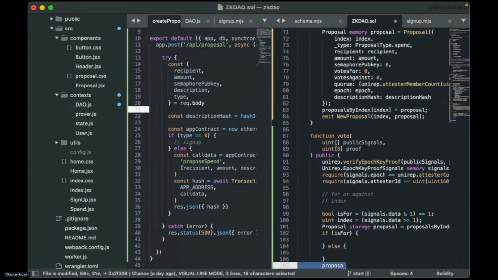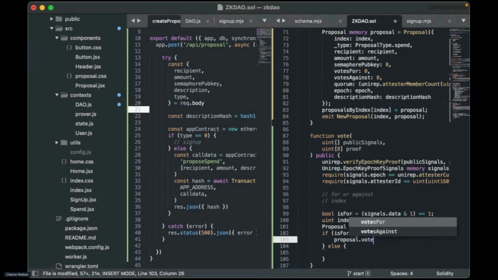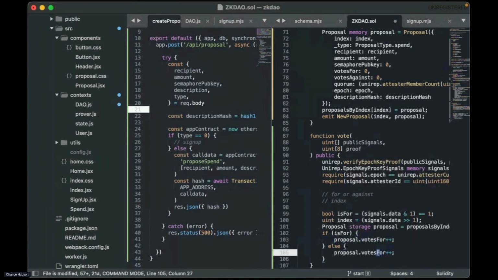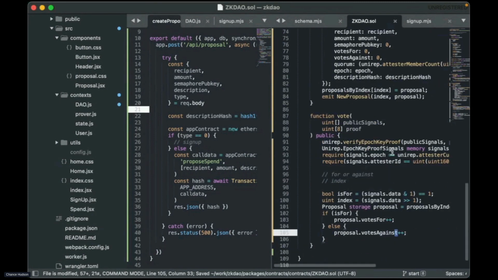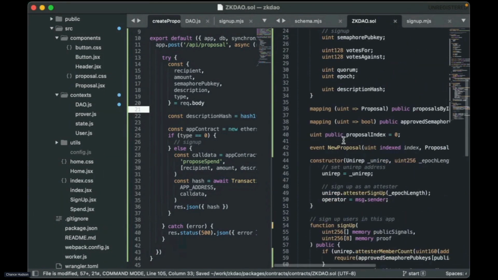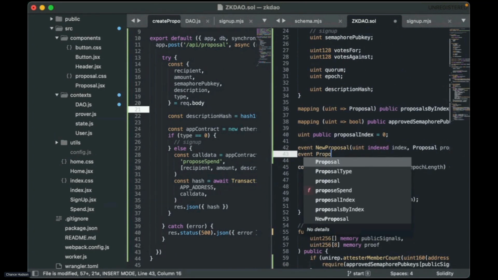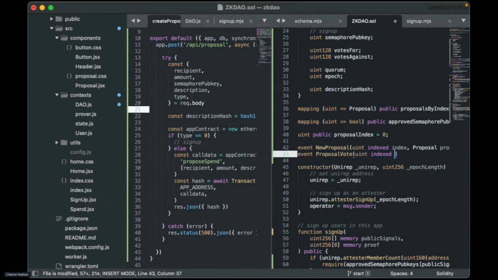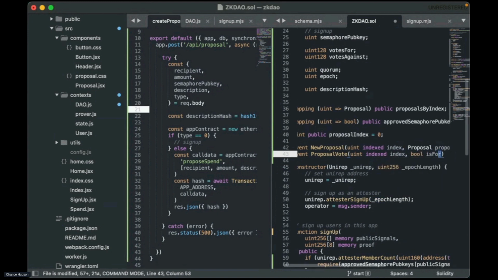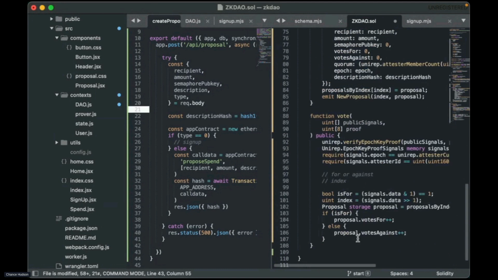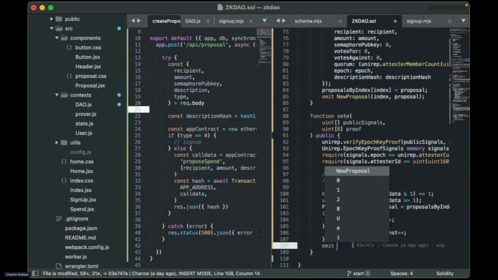Oh, it does that. Okay. Then we'll emit an event as well, a Boolean for whether they are voting for it or against it. We'll emit this event.